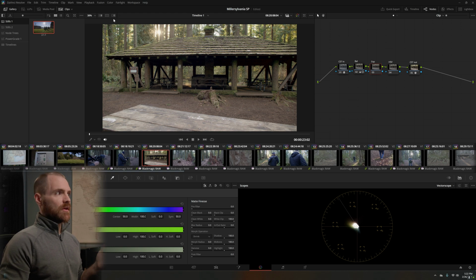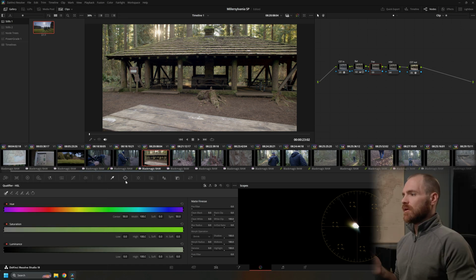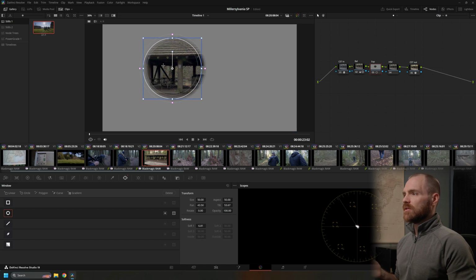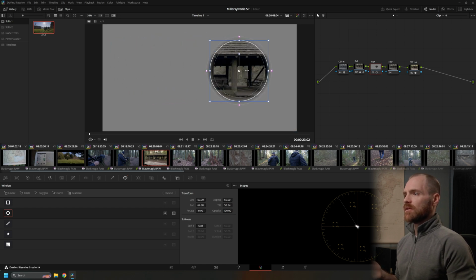Our third option here is the highlight viewer. And this is handy for doing power windows and pulling qualifiers. So first, let's start with the power window. Let's go ahead and drag a power window onto our image, which we just enabled a circular power window here. And if we press our highlight viewer, we can now see the part of the image that is going to be affected by our